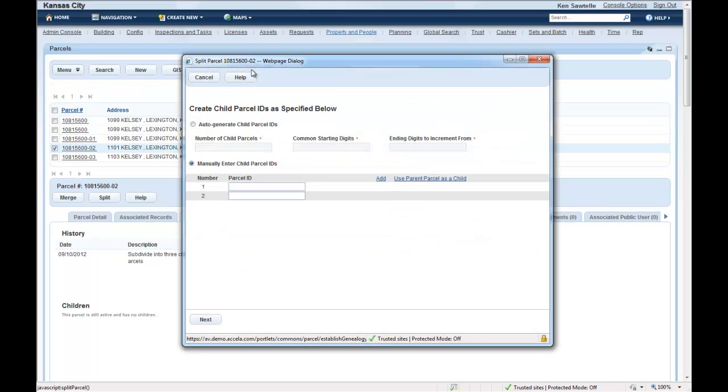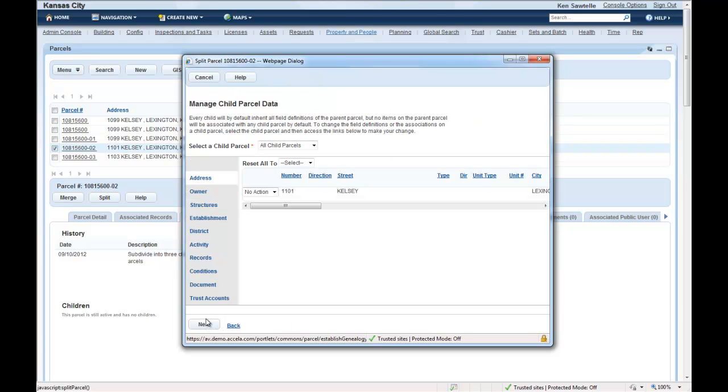In this case, let's go ahead and take number 2 and split it. Now we can choose to have them auto-generated numbers, or in this case, let's go ahead and put in manual numbers. And we'll split it 2 ways, into parcel number 0201 and 0202. And then we click Next. It's a very easy to use wizard fashion for managing your genealogical transactions. So we're taking this particular parcel, which is a child already, and we're splitting it into 2 additional children records